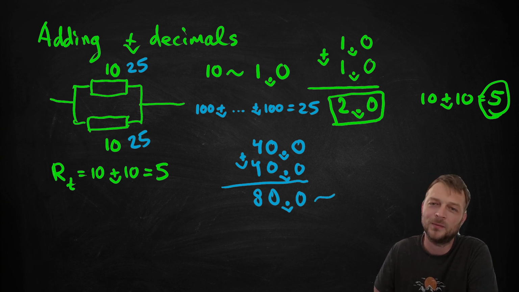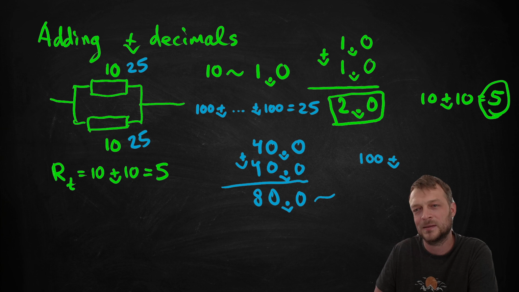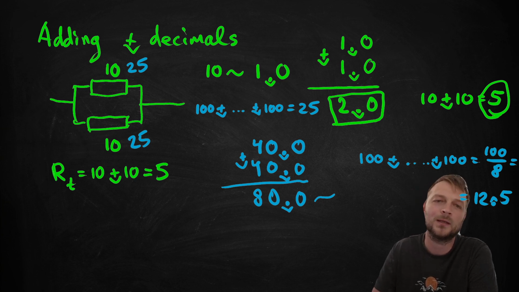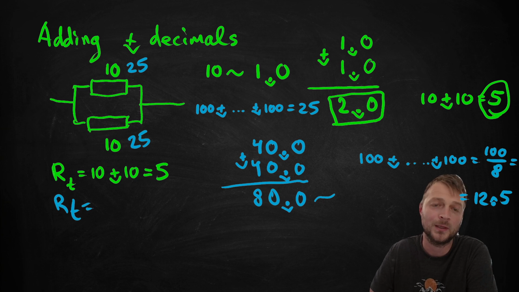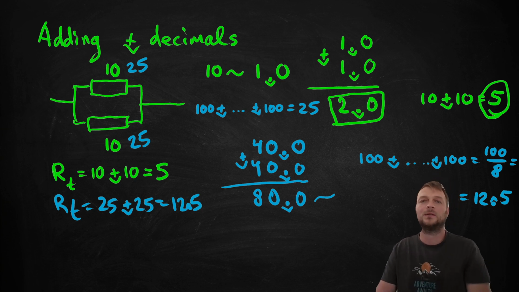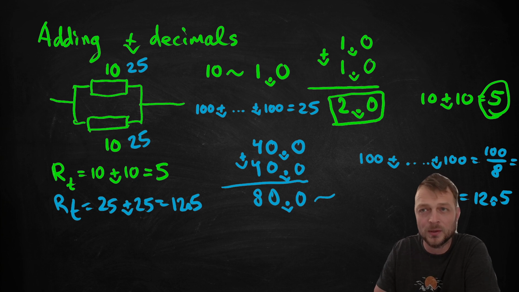So how to convert back? 8 is what? It's 8 times 100. This is the same as 100 divided by 8, and this is the same as 12.5 in standard decimal. And we know that total value will be 25 plus 25 equal 12.5. So we have a correspondence here. Let's consider final example with